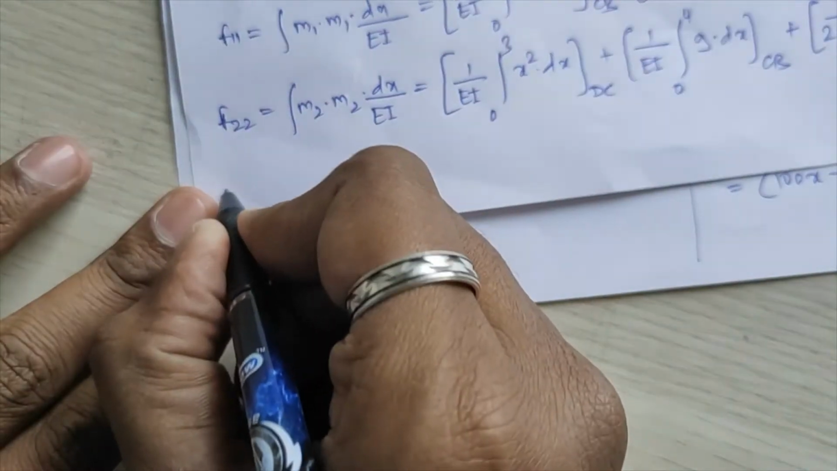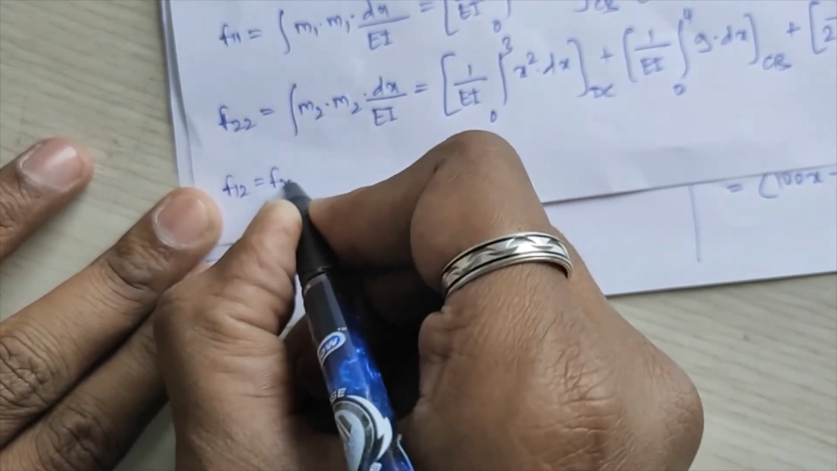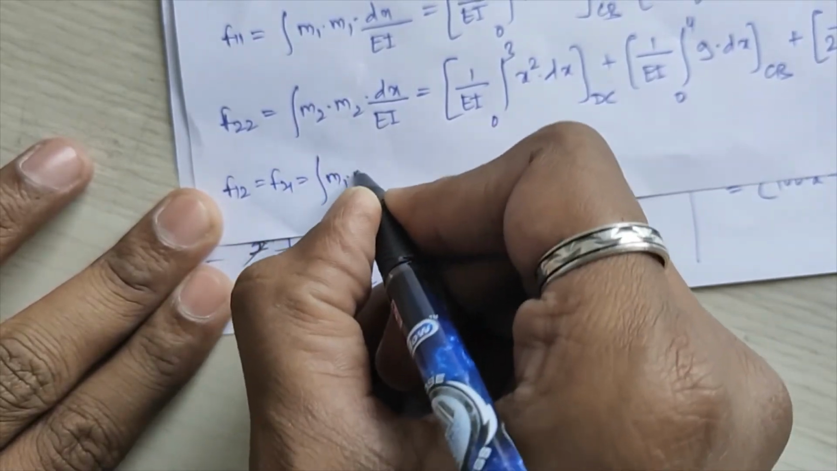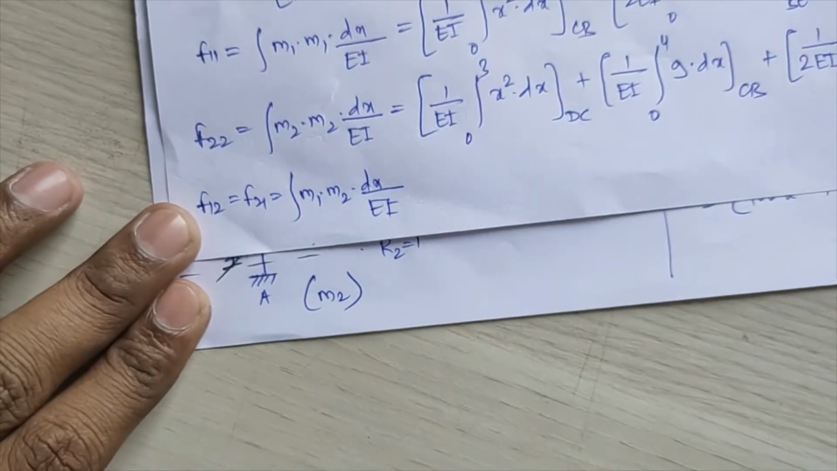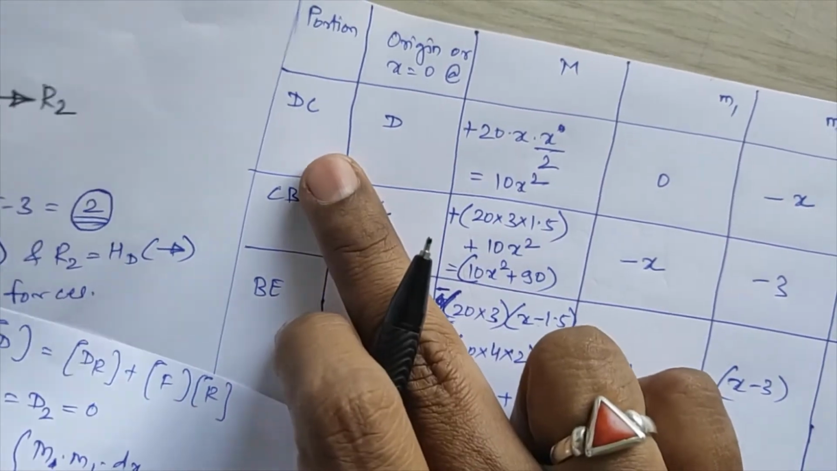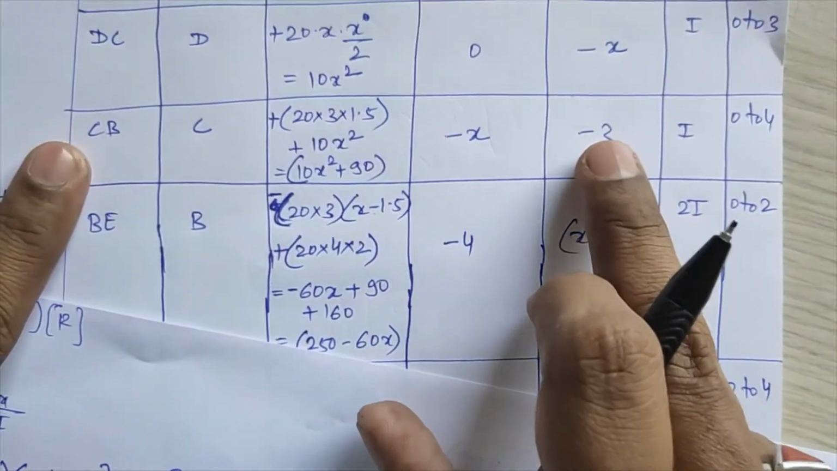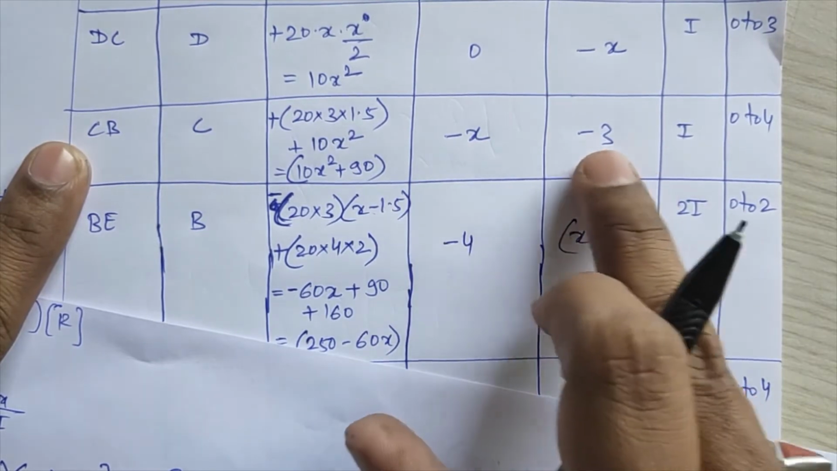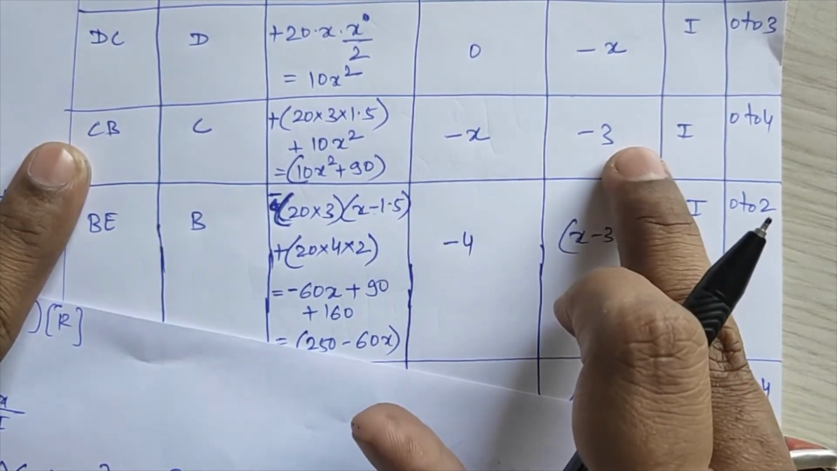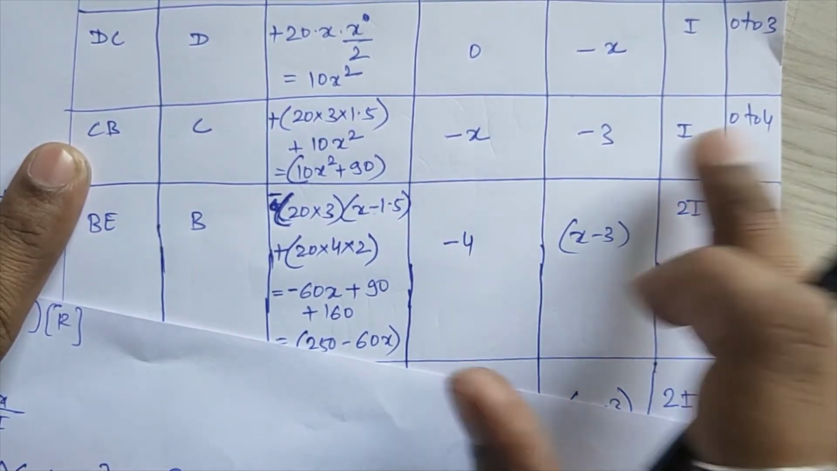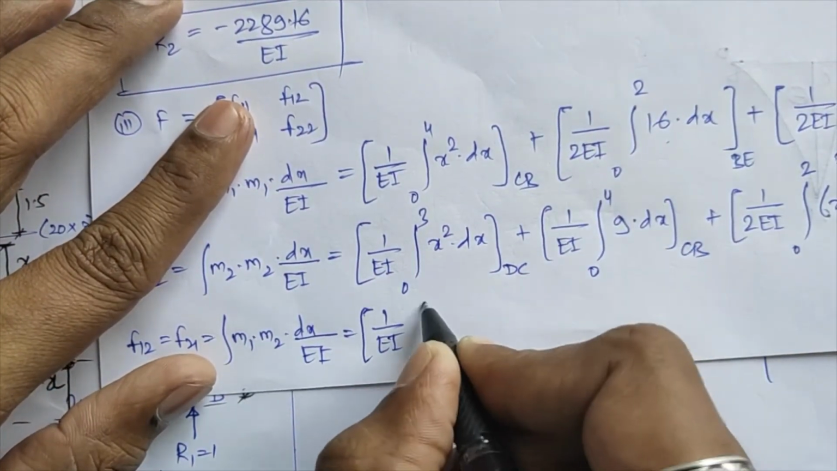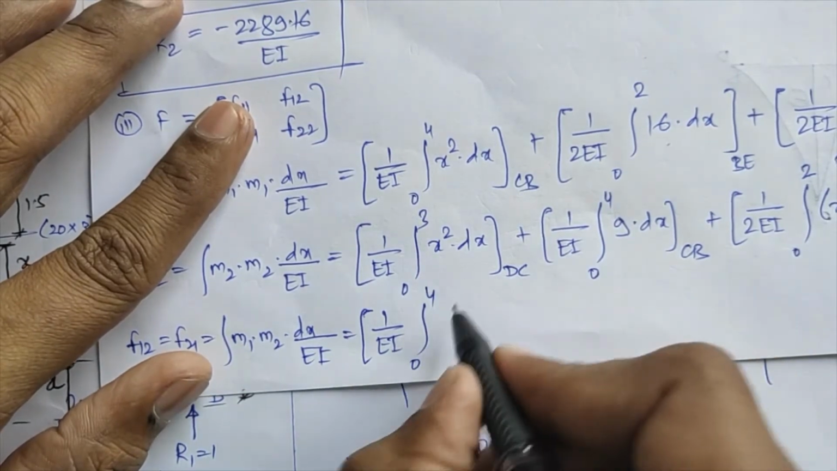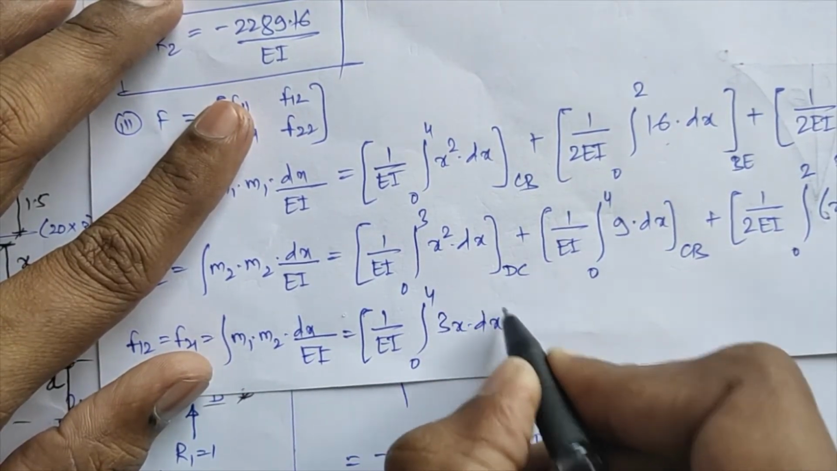Next, we'll solve for the indirect flexibility values. F of 1 2 is equal to f of 2 1, that is the integration of m1 into m2 into dx divided by EI. For the first portion you have m1 as 0, so that becomes 0 here. Next, we'll solve for the CB portion. So this comes minus x into minus 3, that becomes plus 3x within limits 0 to 4. So 1 upon EI, limits of integration 0 to 4, 3 times x into dx, that is for your second portion CB,